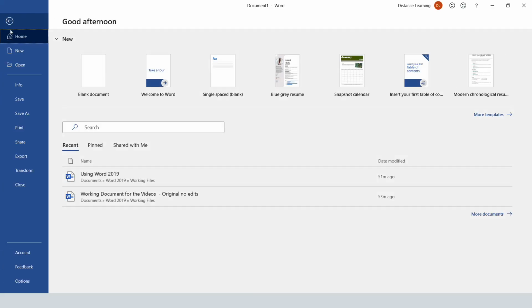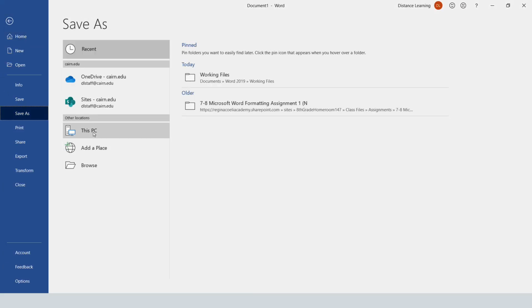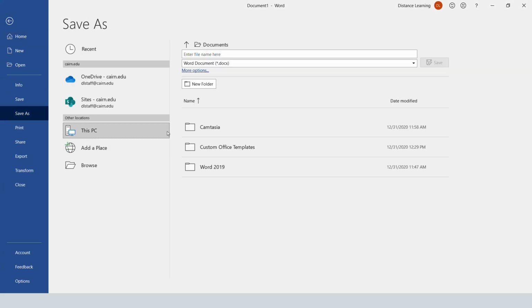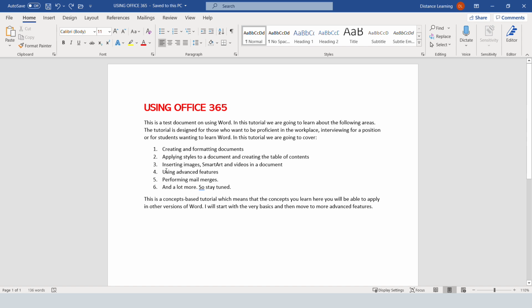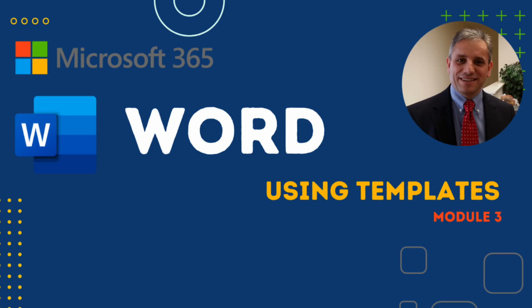You can either click File, Save, and choose this PC, and then save it wherever you want to save it in this PC. For example, in My Documents, where I can go here under Browse, and then go and browse for documents, and then give it a name. Now, saving it on OneDrive, it's advantageous because in case something happens to your computer, you can recover this file by simply accessing the file on OneDrive. One other thing, instead of